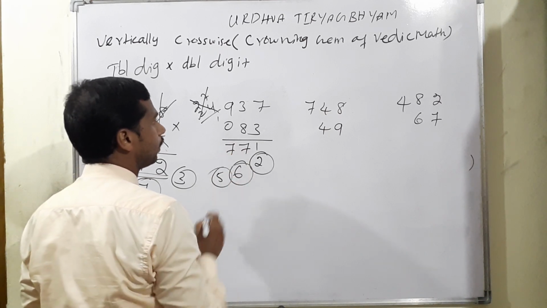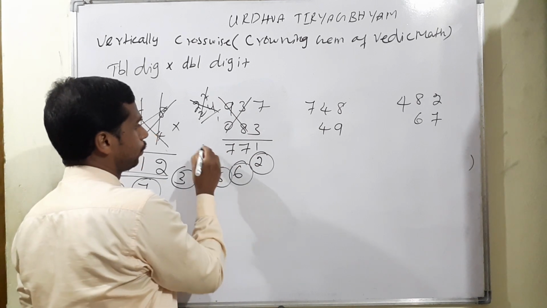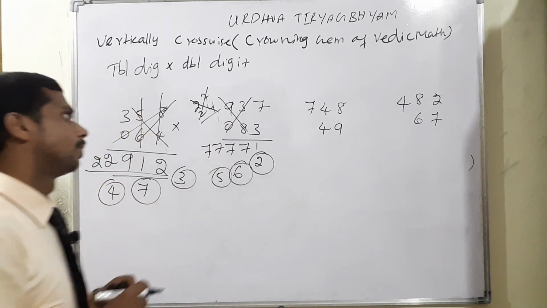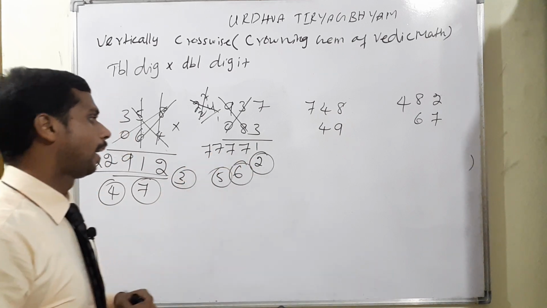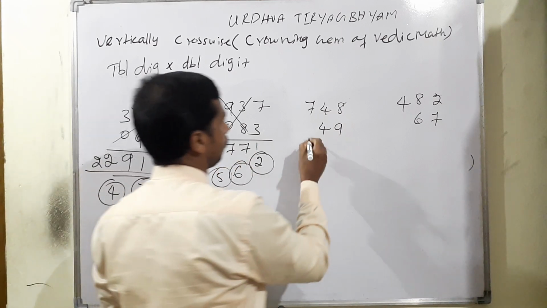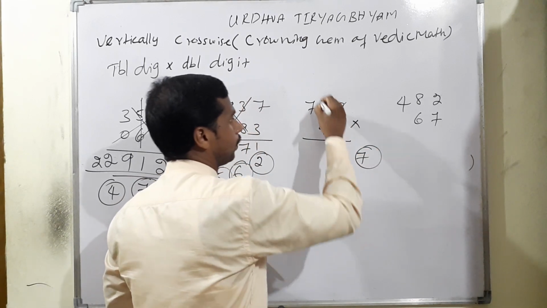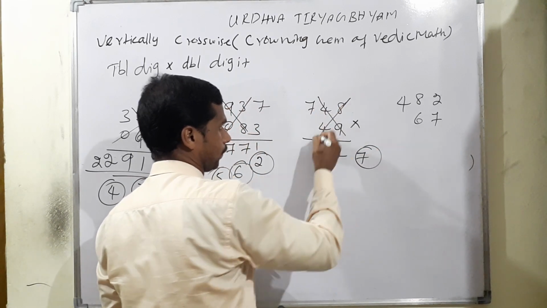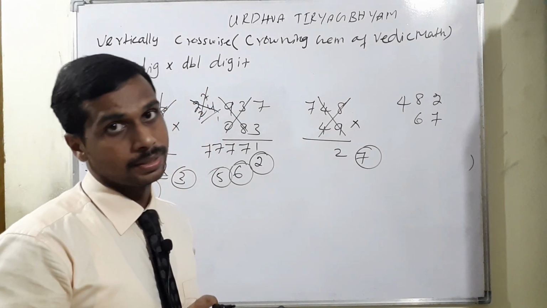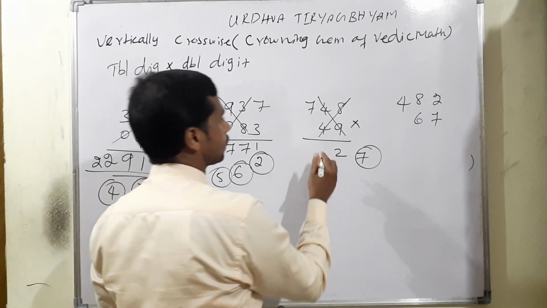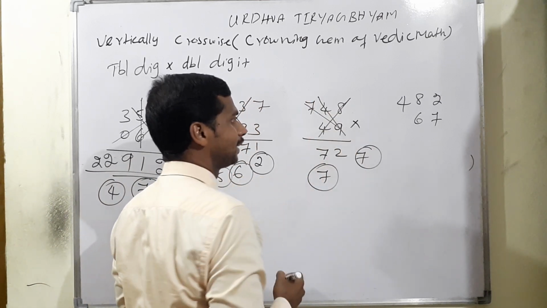Again carry now 5. Now look at the 3 into 0, 0. 9 8s are 72. 72 plus 7 is equal to 77. So therefore, 937 into 83, 4, 7 and 1 will come. The next term, 9 8s are 72. Carry will be 7. 9 4s are 36. 8 4s are 32. Therefore, 36 plus 32 is equal to 70. Now 70 plus 7 is equal to 77. Again 7. Next one, 9 7s are 63.